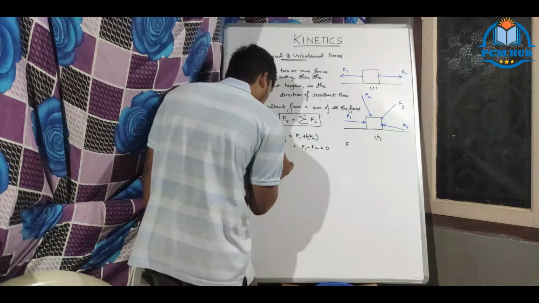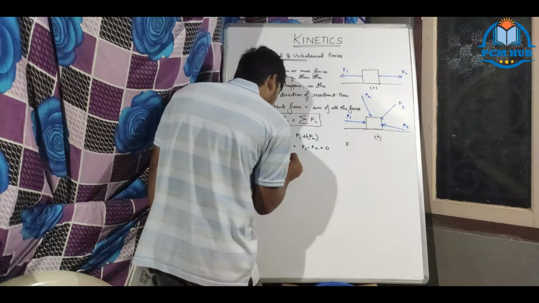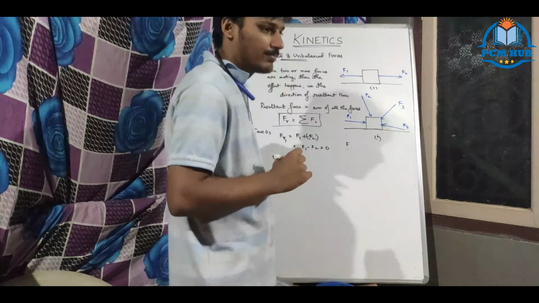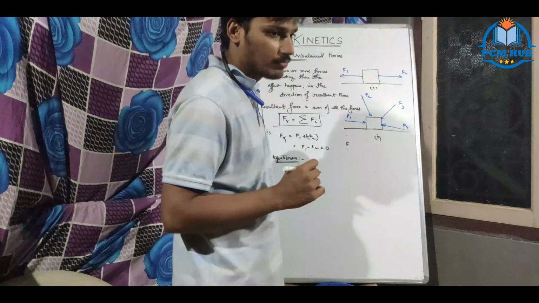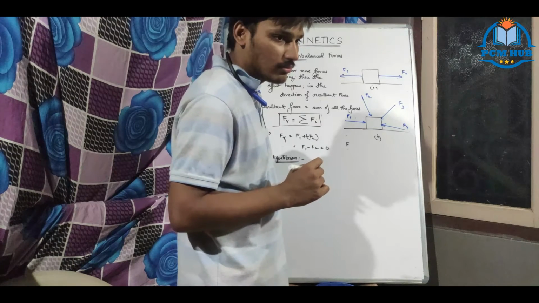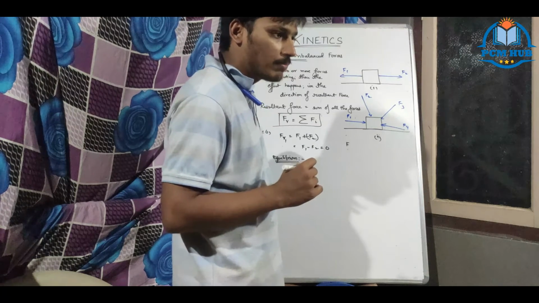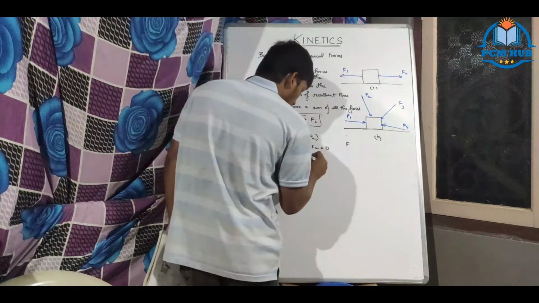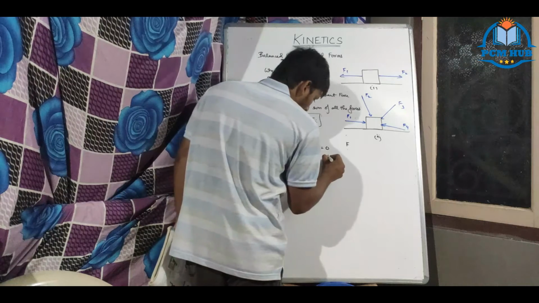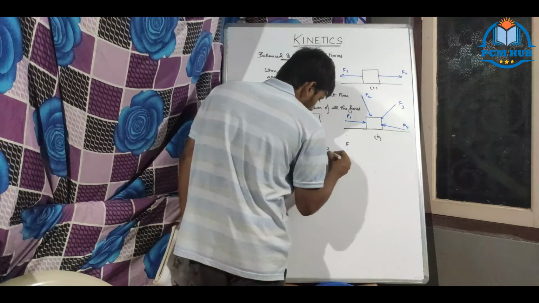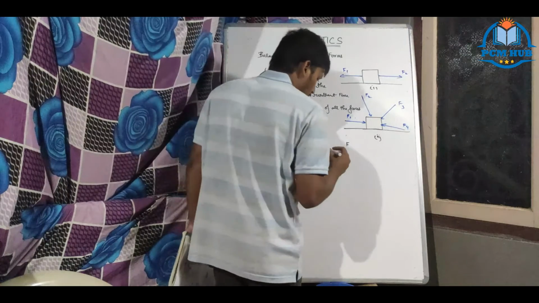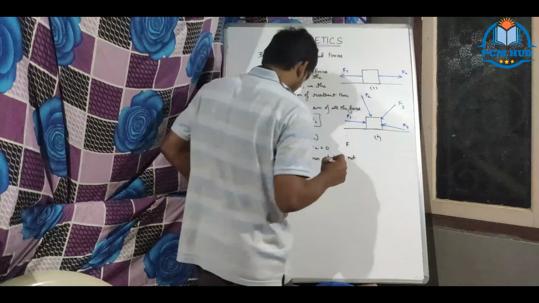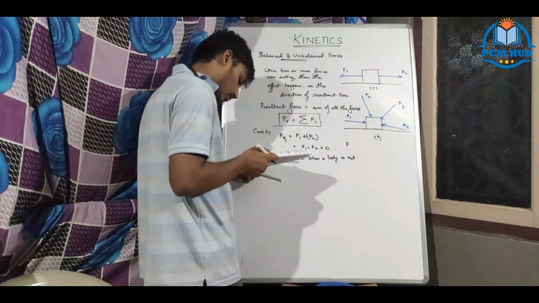Then they will possess a state called equilibrium. Now I will define what is equilibrium. What is equilibrium? Both sides equal. When a body is... a better definition I will see.